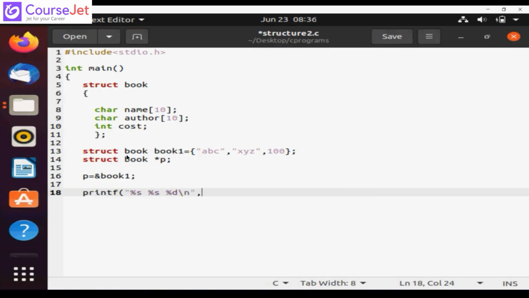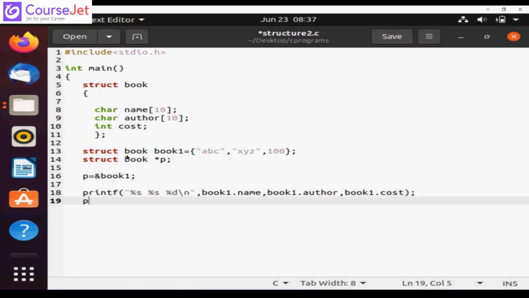If we are accessing structure elements, we write book1.name, comma, book1.author, and then book1.cost. This is your structure variable. Sorry, this is how we access structure elements. But when you are using pointers, we need to access it in